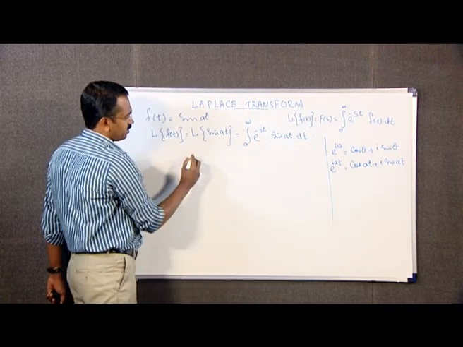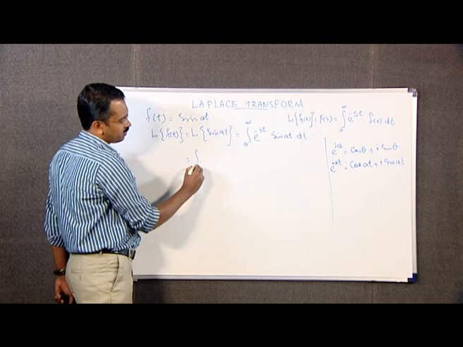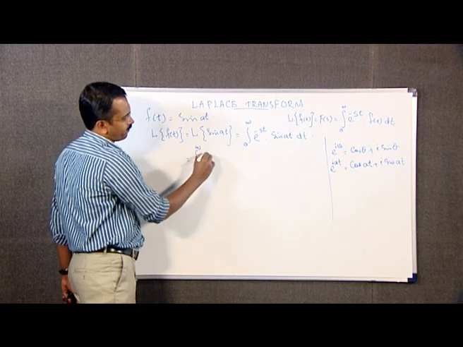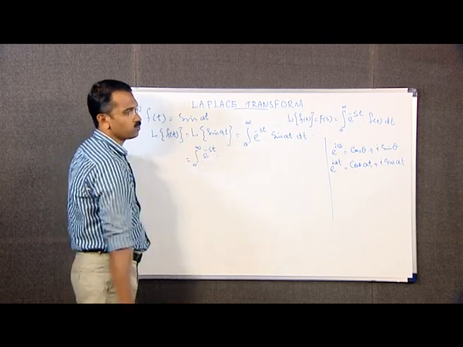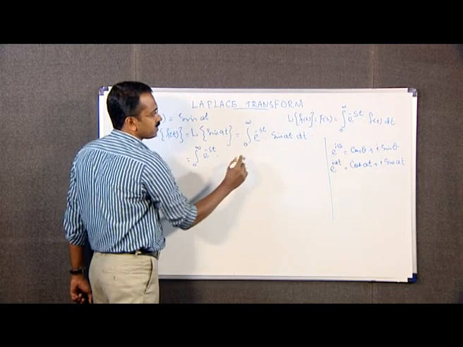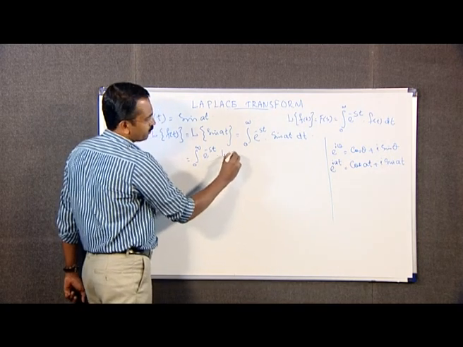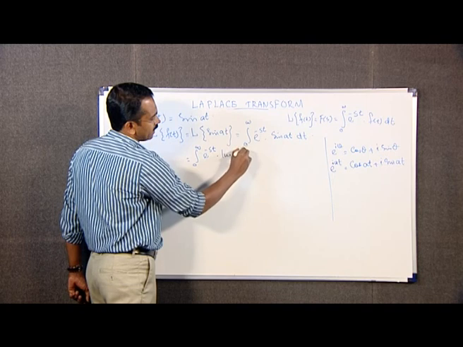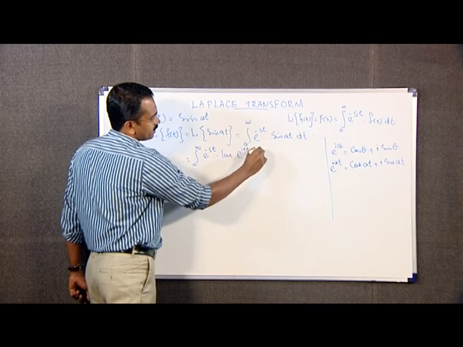Therefore, we can write this as the integral from 0 to infinity of e^(-st) sin(at) is the imaginary part of e^(iat) dt,